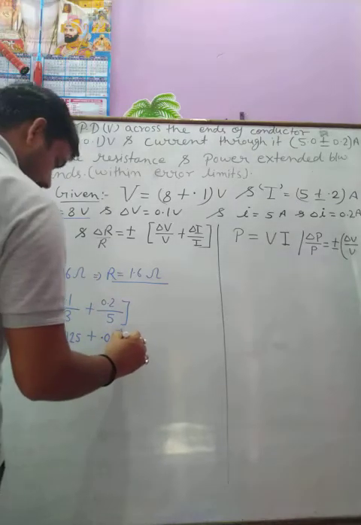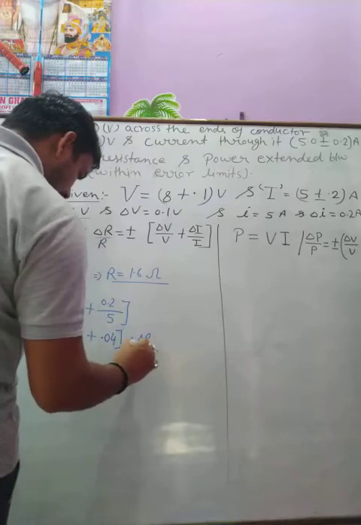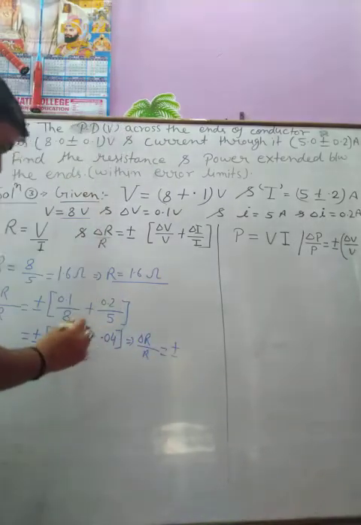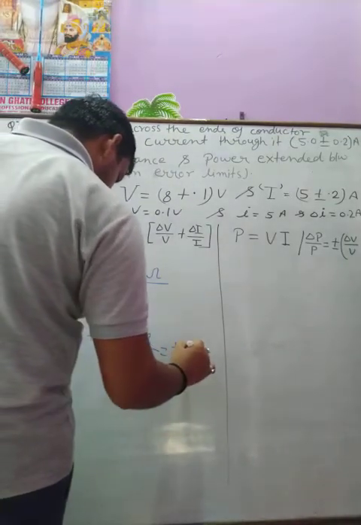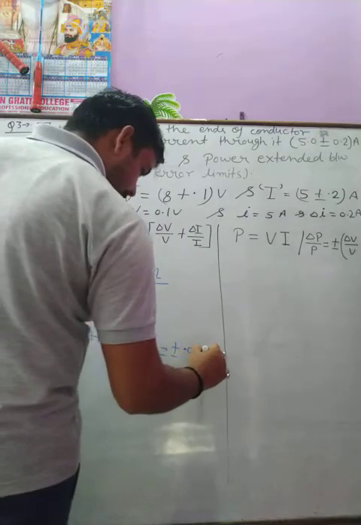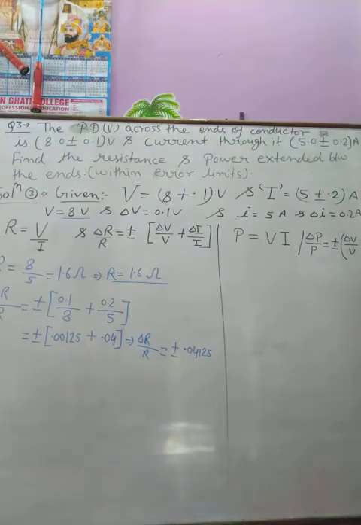Therefore we have del R upon R is equal to plus minus 0.04125. Okay, now we calculate